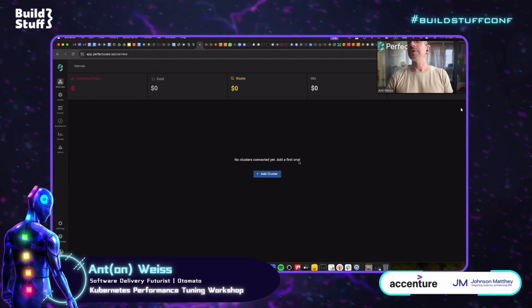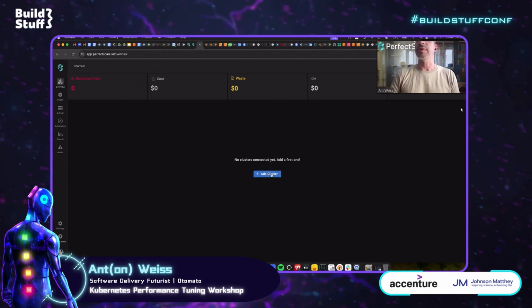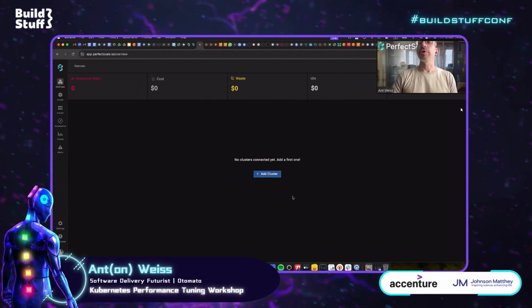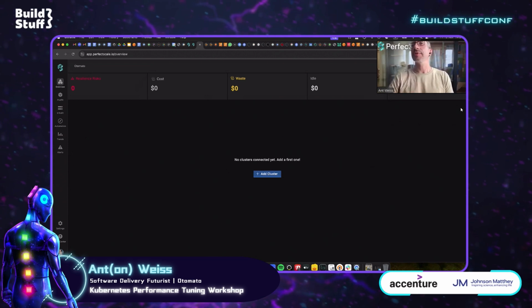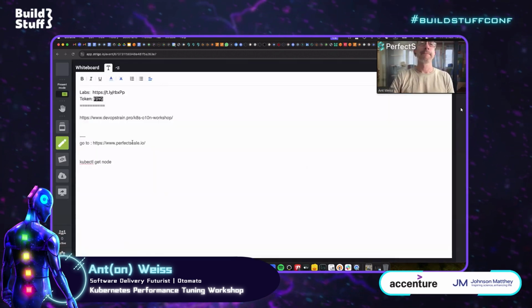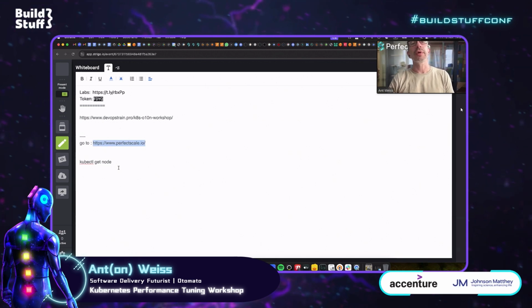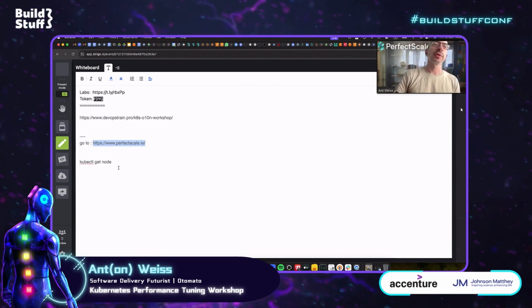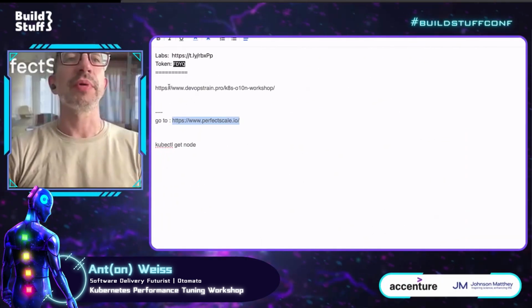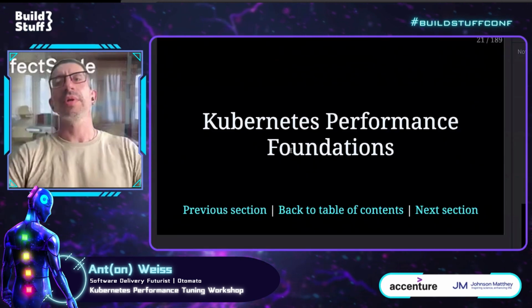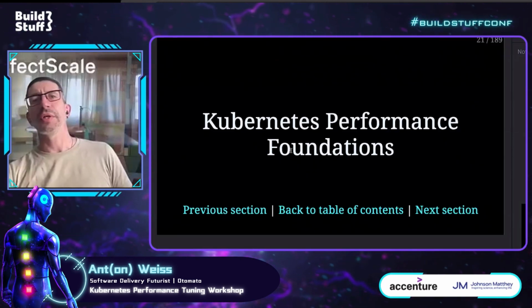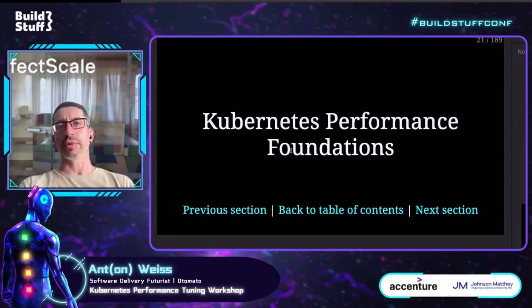Okay, so once you're in here and you have this button, actually, you know what? I'll give you a few more minutes. So again, go to perfectscale.io, create your account, and once you're in, you'll have the Add Cluster button. And while you're doing that, I'll talk a little bit more about